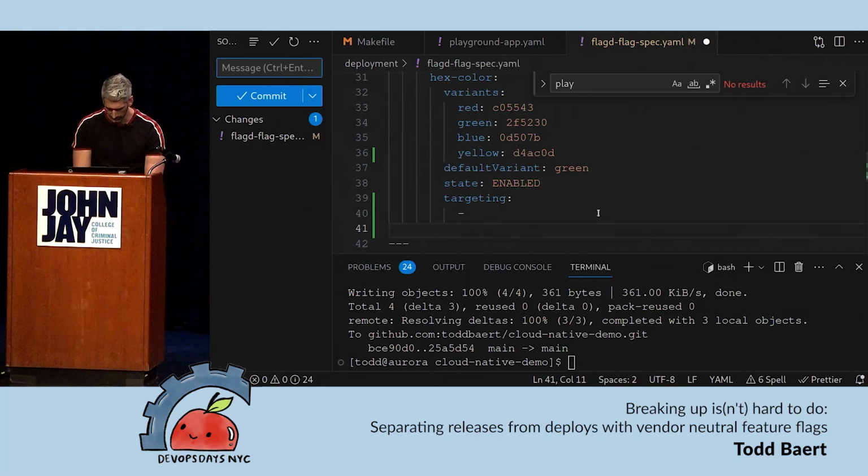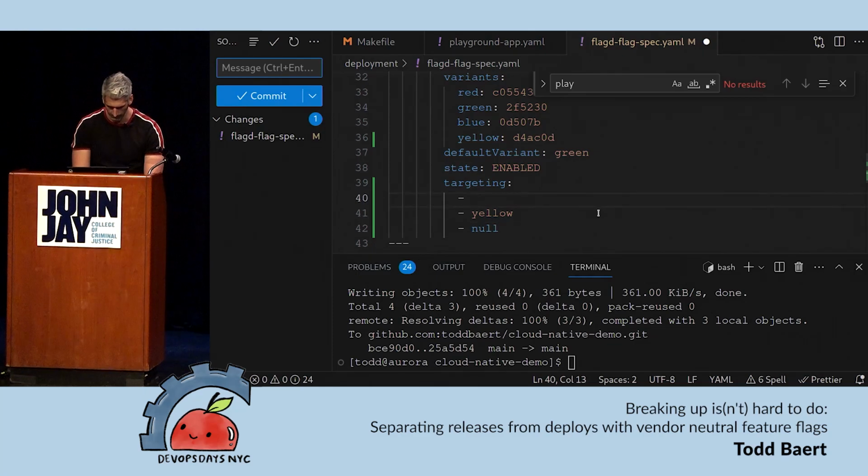I'll do the condition in a second, but I know I want it to return yellow. If I don't return yellow, I'll just return null, and we'll fall back to default. So our condition is going to be if in